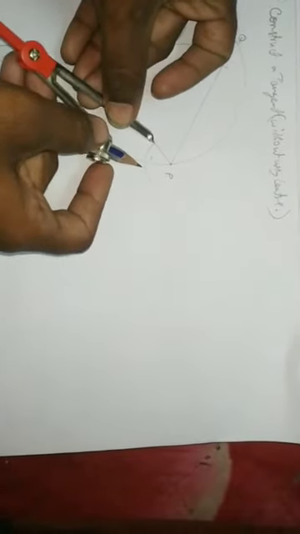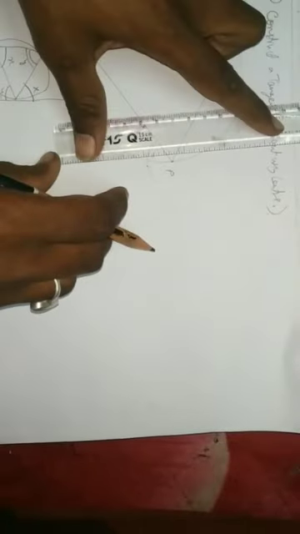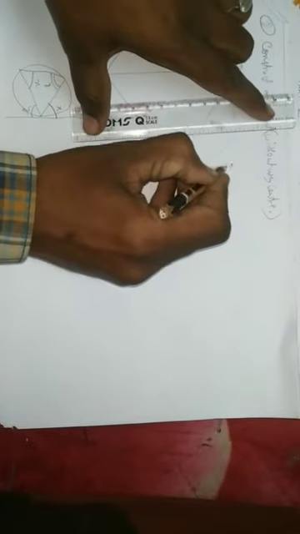Then measure these 2 points as done in the previous topic. And this cuts this. So this is the outside point. Join these 2 points, and that's the required tangent